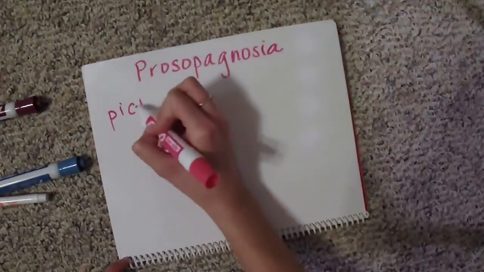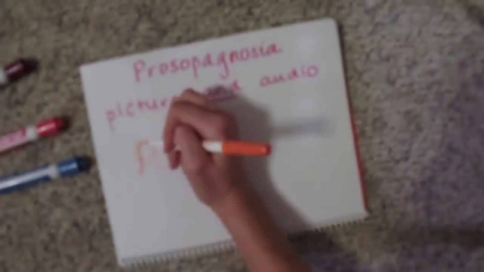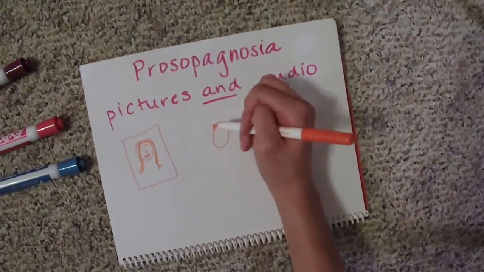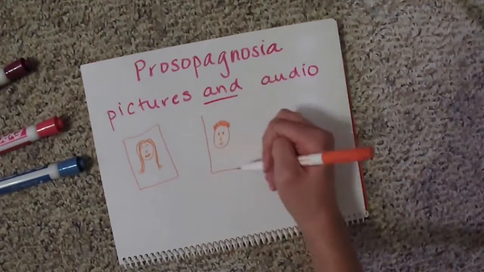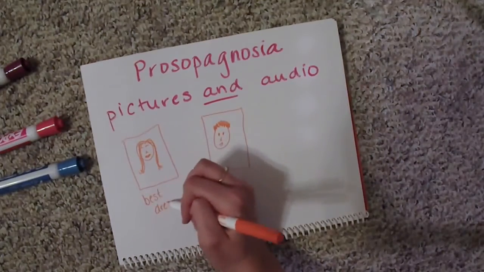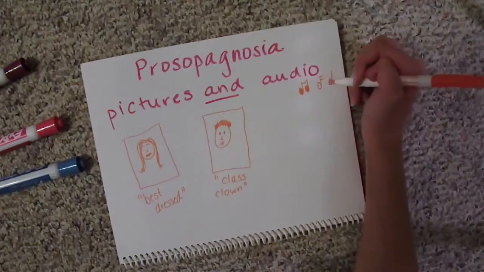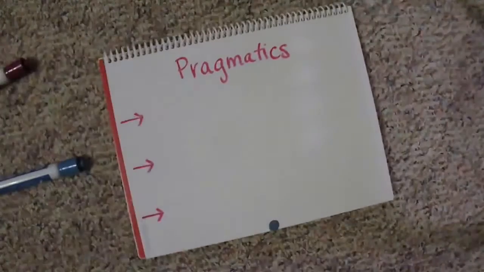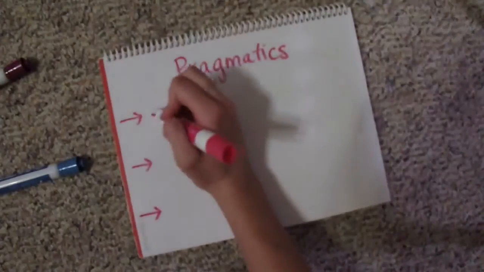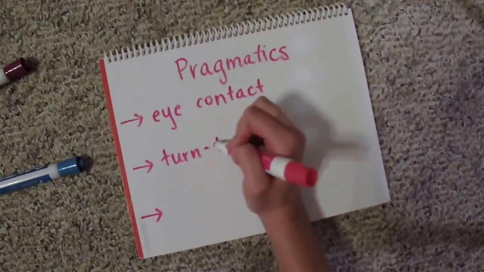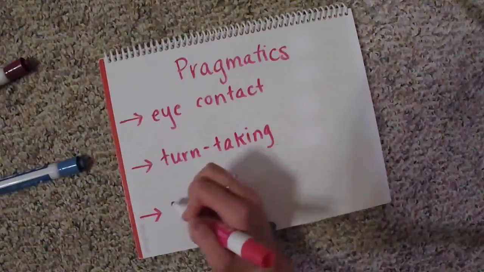Treatment for prosopagnosia practices helping the patient recognize individuals. The clinician may hold up photographs and then give audio recordings of family members and good friends, and then have the patient name them. The clinician can also provide cues such as their gender, age, hair color, or other specific characteristics. Eye contact, turn-taking, and topic maintenance are largely targeted with pragmatic therapy because they are easily managed and can greatly improve the patient's communication.